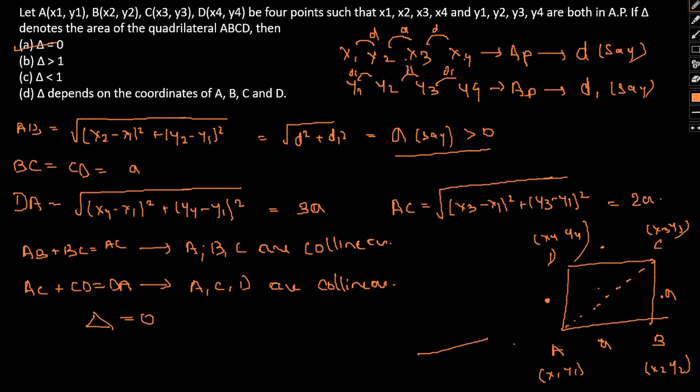So no diagonal forms, and also we know that AC plus CD, with CD equal to A, is equal to DA. So this again will be another straight line. It will be something like A, B somewhere here, C somewhere here. Again, what we'll have is AC plus CD, so CD will be somewhere over here, and that is equal to DA. So that would simply give us the entire thing being a straight line itself. So no area will be formed.